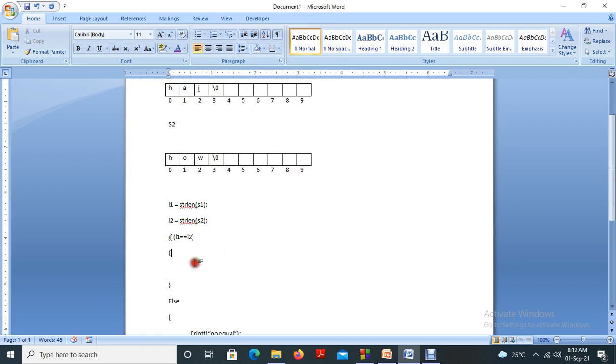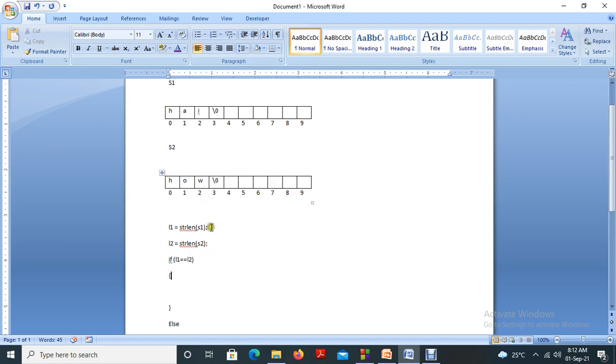What is next? We all know that the lengths are the same, so that you can cross check each and every value up to the length. Okay. So for I equal to 0, I less than L1 or L2, both are same because both the values are same.